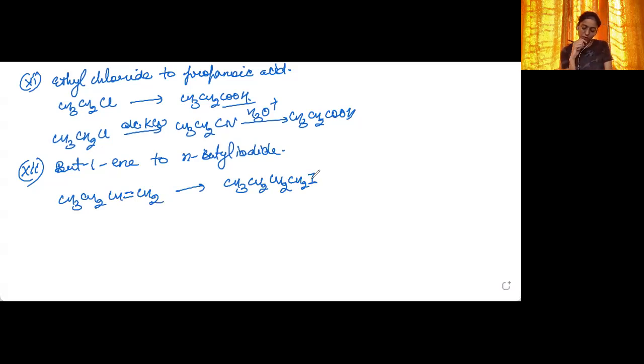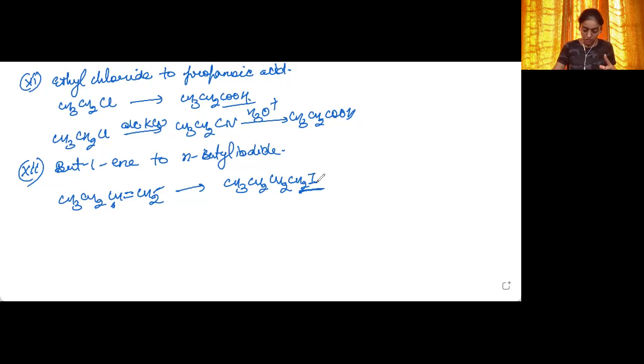Okay. If we need to prepare N-butyl iodide, we need to see how we can do that, because here Markovnikov's rule will not be applicable. Because if Markovnikov's rule is followed, it will go here. But we need iodide here. So this means anti-Markovnikov's rule needs to be used. And for anti-Markovnikov's rule, we cannot use HI, because the peroxide effect does not go with HI or HCl or HF. It is only for HBr.